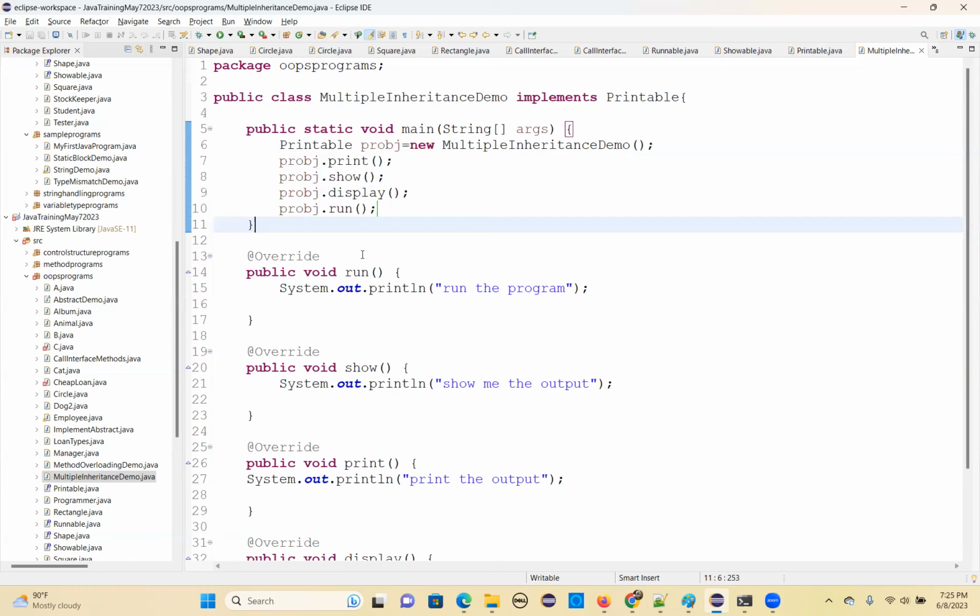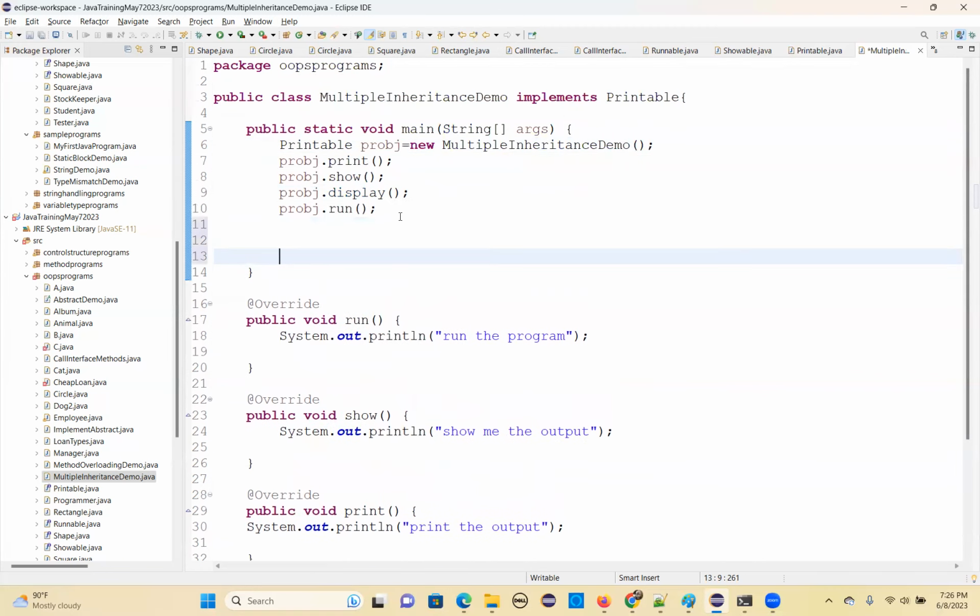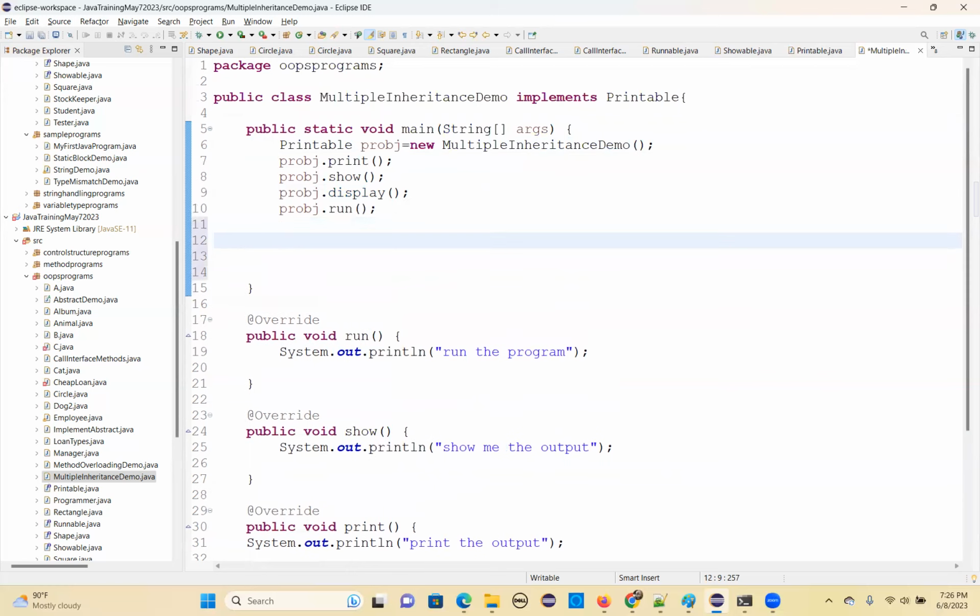So what is the other way you can use object class? If you don't know the data type of something, you can use object as a data type. So that is one. What are the object class methods? Even if you just put an object reference, it will list out all the methods. So object class methods are